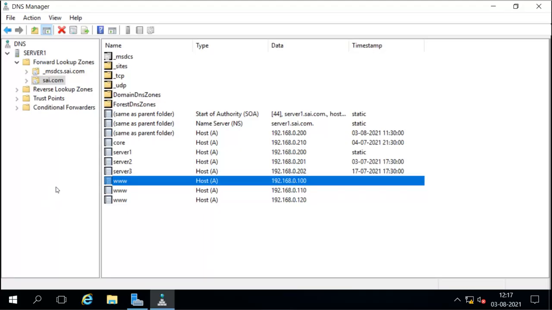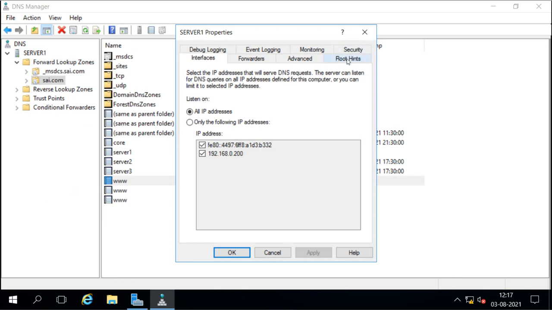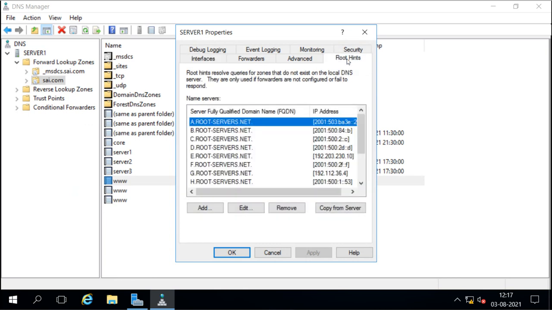You will find the root hint server information when you check the properties of your DNS server. Here you will see the root hint option, and in it you can see all these root hint servers.